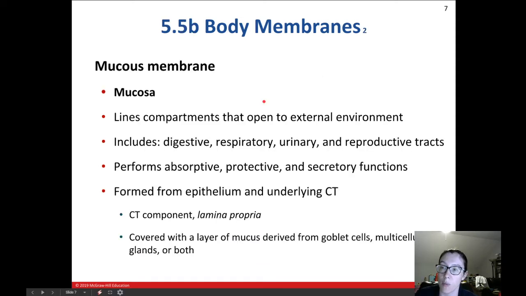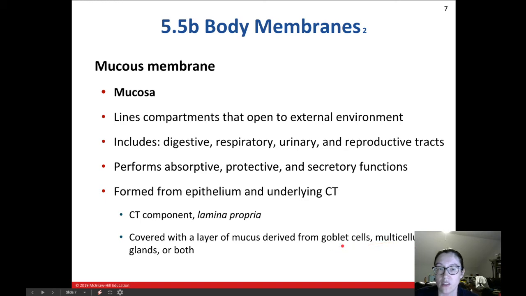And so these mucous membranes are going to perform absorptive, protective, and secretory functions, right? We're secreting lots of mucus, stomach acid within the stomach. We're also absorbing things, especially in the digestive tract. And they are formed from epithelium and the underlying connective tissue. We call the connective tissue component that sits under the mucous membrane the lamina propria. And they're all covered with a layer of mucus that's derived from goblet cells, or in some cases multicellular glands,